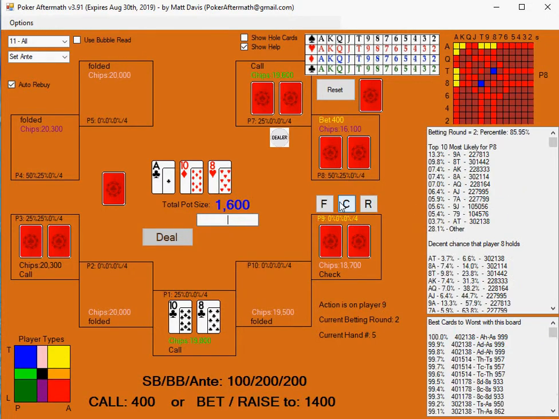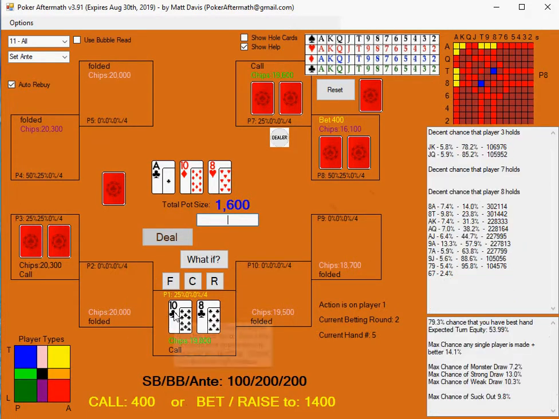And then this player folded, and if we look at where I am now, looking at those same numbers, now it's only 80% chance I have the best hand given that he bet out. But I still have this really big drop in equity if I let a card come off. So